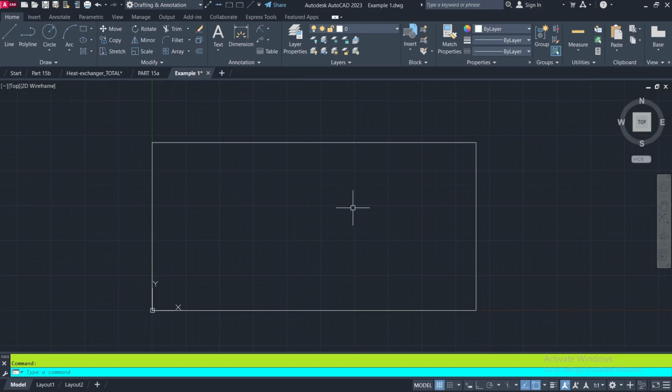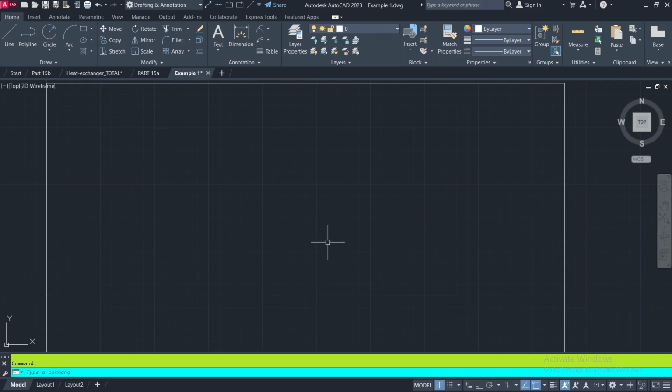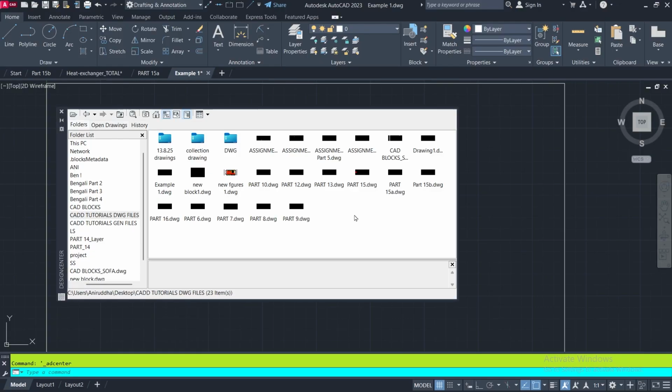Here I have run the mb setup command and got this boundary. And from here, if I want to access my part 15a file, I need to bring the design center dialog box. For that I am pressing Ctrl+2 button,